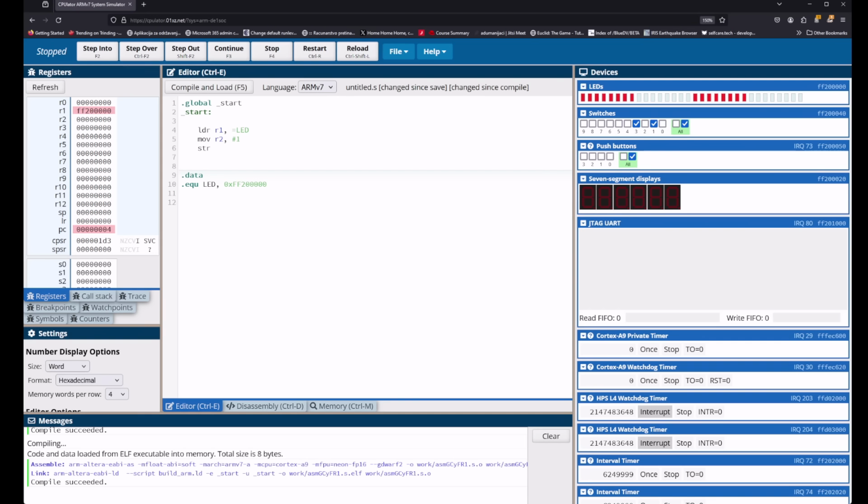By storing, I mean I want to store something, R2, and I want to store it to the location that R1 is using, or R1 is pointing to. So I want to just say,